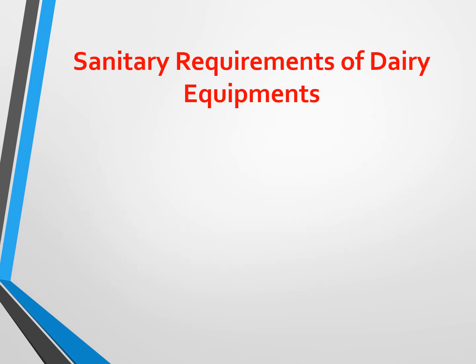Then what are the sanitary requirements for the equipments? It should have a dust proof, corrosion resistant external surface. Dust proof means it should get cleaned easily. If we mop something on the equipment, it should get cleaned easily. Corrosion resistance means as products come in contact with the surface, if the surface metal is corrosive like iron, what will happen? Those iron particles or corrosion particles will go in the product, and it will impart some kind of color or flavors, and it will create some health hazards to the consumers.